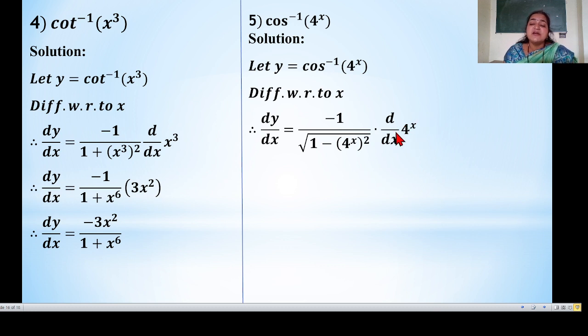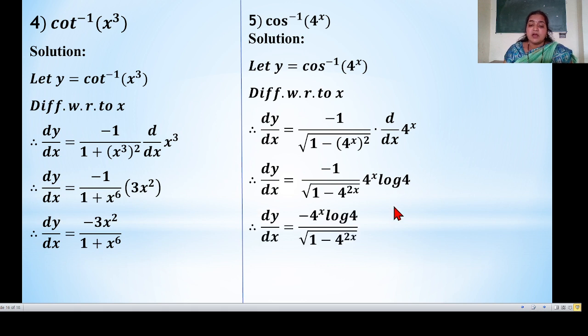The 4 raised to x is of the form a raised to x. So what is the derivative of a raised to x? It is a raised to x log of a. So the derivative of 4 raised to x is 4 raised to x log of 4. Now this term and this term are multiplied. So dy by dx is equal to minus 1 upon square root of 1 minus 4 raised to 2x, multiplied by 4 raised to x log of 4. This is our final answer. Dy by dx is equal to minus 4 raised to x log of 4 divided by square root of 1 minus 4 raised to 2x. Now next,